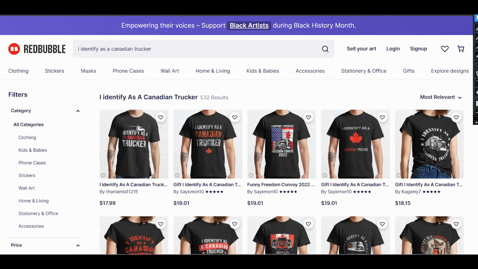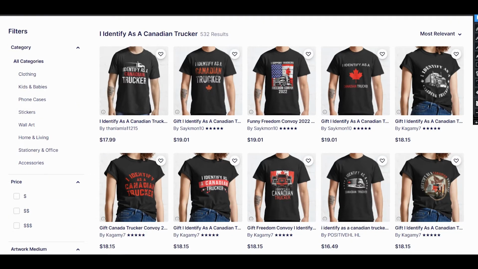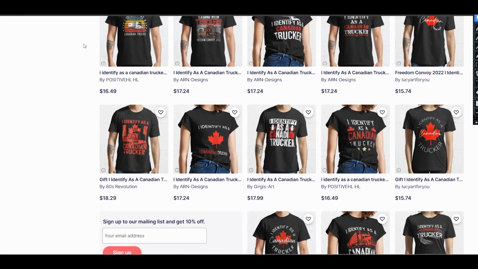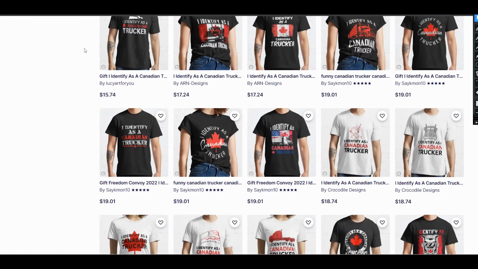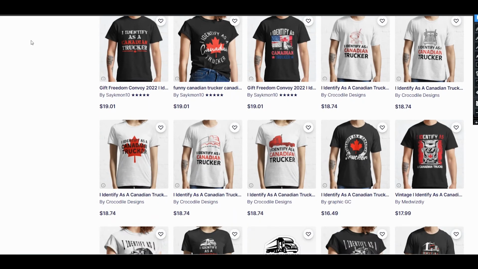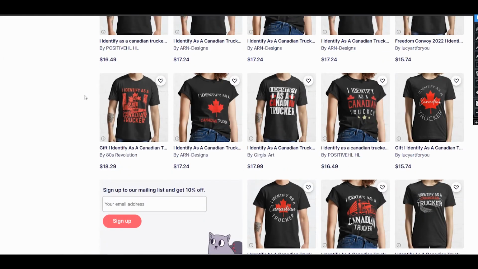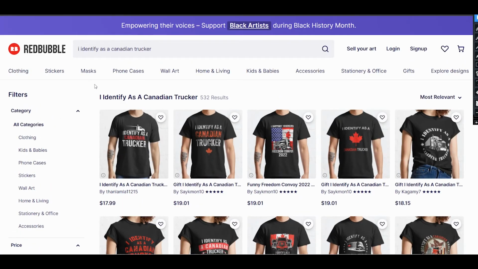You can also think about some designs with two flags, US and Canadian, because a lot of sales are coming not only from Canada but also from the US, because there are a lot of protest supporters in the US too. And if you create a good design and you create it soon, I think you can have very explosive sales, and it can bring you a lot of profit, but not too